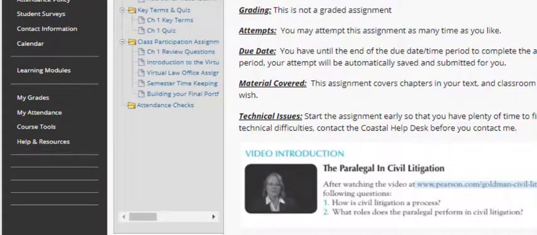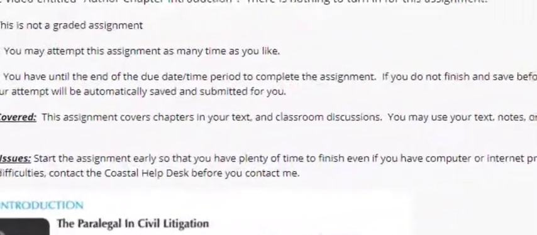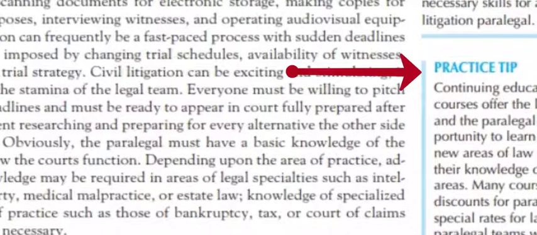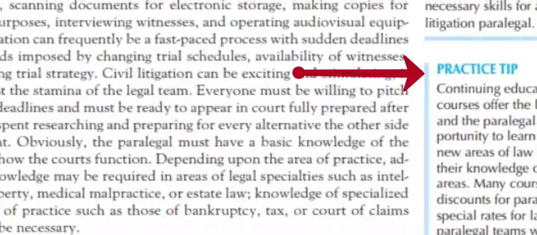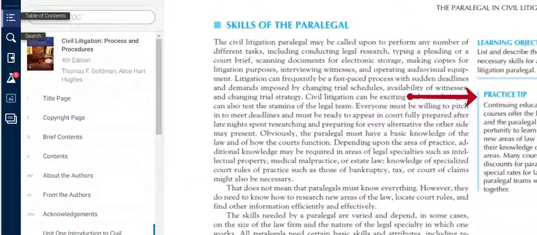The next helpful highlight is a practice tip. As a new paralegal, it is essential that you start to develop your skills and glean information on how to succeed in your chosen profession from day one. This section, which you will find in each chapter, contains helpful hints for working and succeeding in a law office environment. At the end of each chapter, you will find a list of key terms and concepts, a chapter summary,